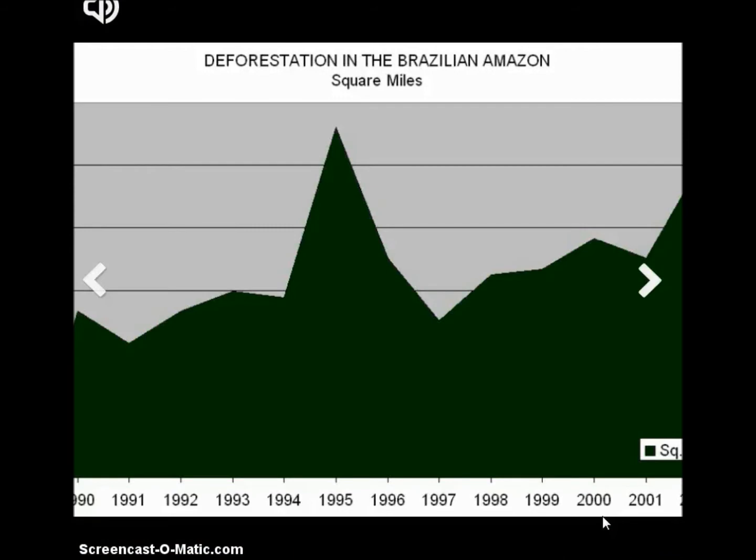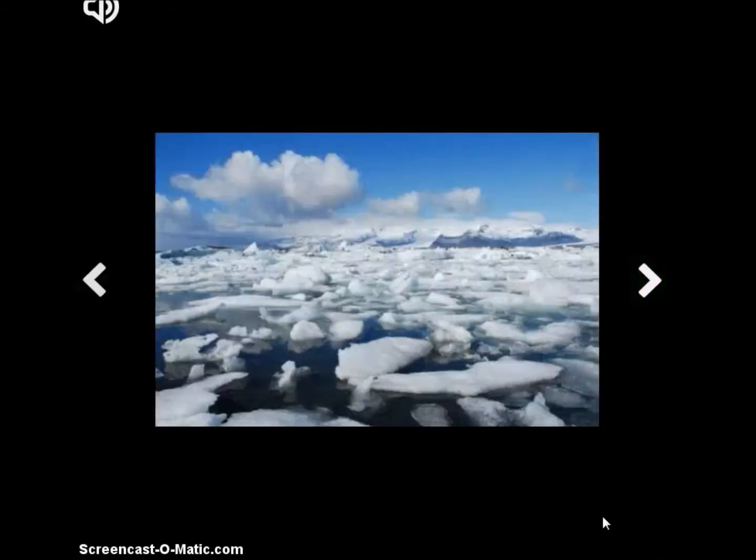This is a graph that shows us deforestation in the Brazilian Amazon, the Amazon being a river, Brazilian being the country of Brazil. This is in South America. And you can see that deforestation increased over the years, and the graph only shows us through 2001 or 2002, but the trend is obviously overall increasing in deforestation. This is shown here to indicate that the result of deforestation is an increase in CO2 or